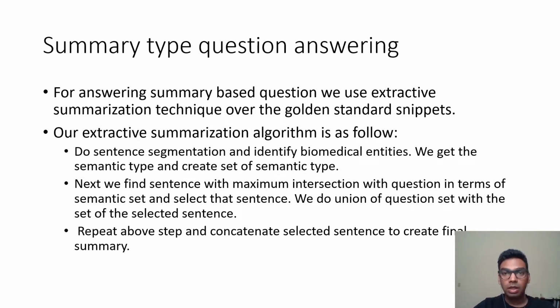Our algorithm, as I said, works by extractive summarization. We have a word limit of 200 words. So we first start by doing sentence segmentation and then identifying biomedical entities. We use Stanford CoreNLP for snippet segmentation to get sentences, and then we use MetaMap to get the biomedical entities. We use our own custom code written in Java, and we use the Java API to connect to MetaMap to